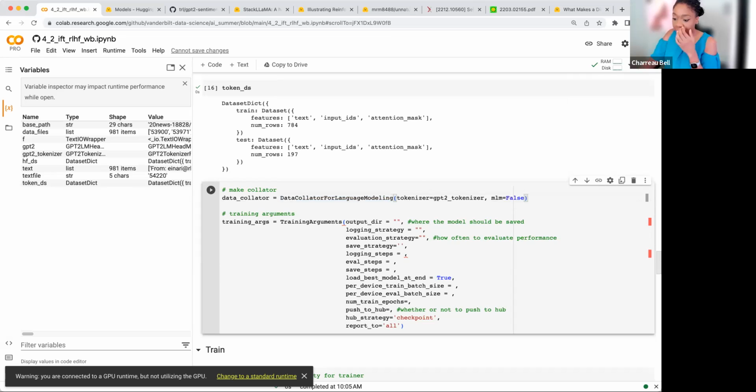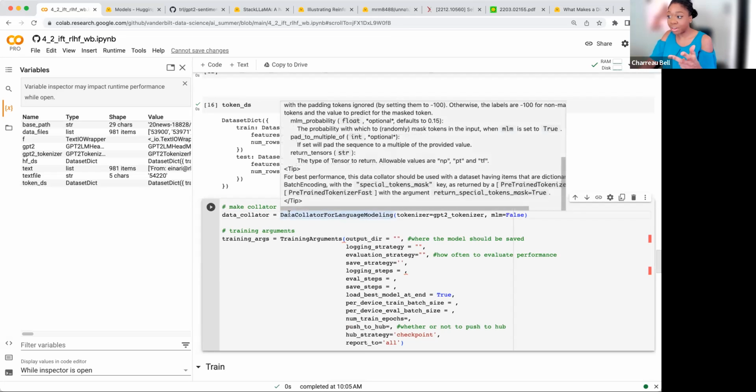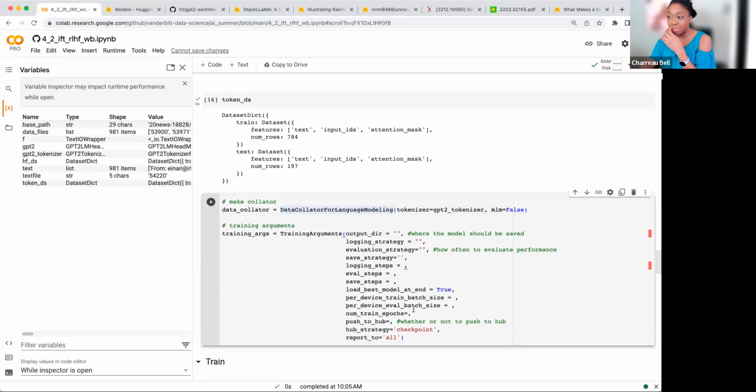Exciting. All right. So now our next step, what do we have? We have our data, it's been tokenized. We have something that's going to help us to put the data together. Now we're going to set the parameters of how we're going to do the training. I left some of these out because we need to discuss them a little bit more, just to remind from yesterday. Training arguments set some of the parameters of our training.